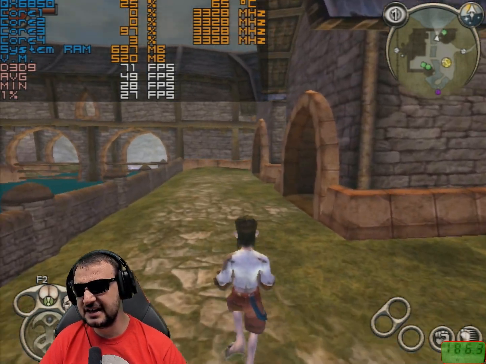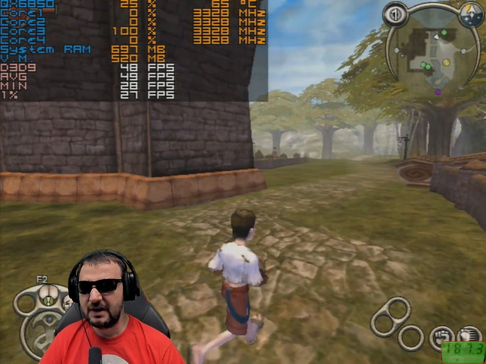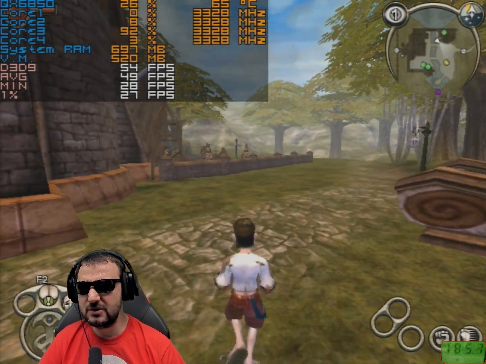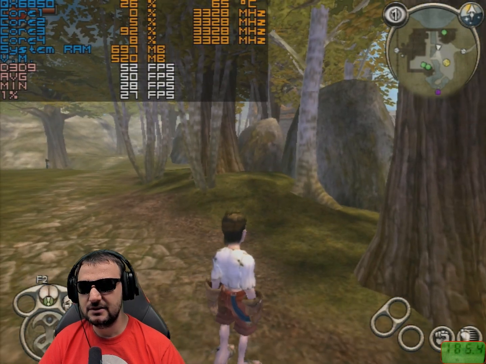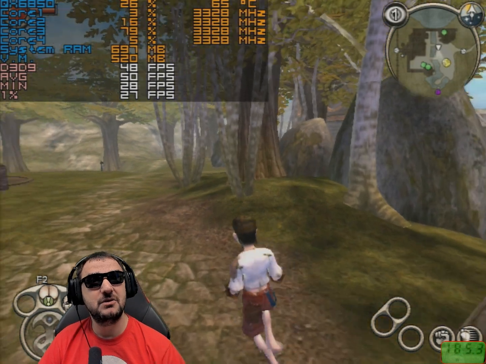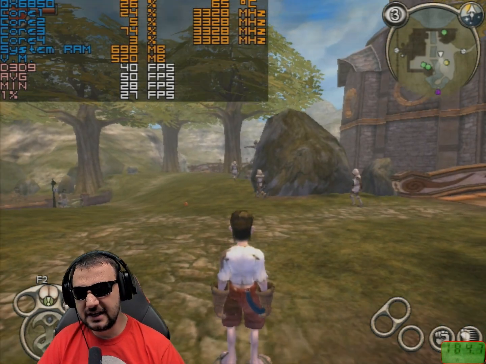On the system side, I got nearly 700 megabytes of system RAM, 520 megabytes of virtual memory, and a couple of cores only utilized. Oh, actually only one core utilized, intermittent with the other cores, but it does the job. Only one core is doing the job. 640 here